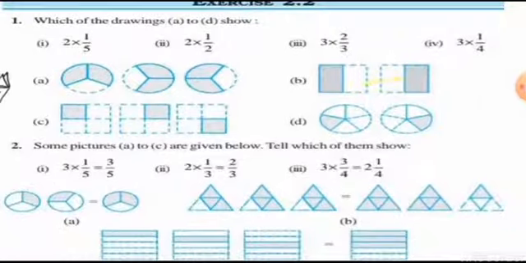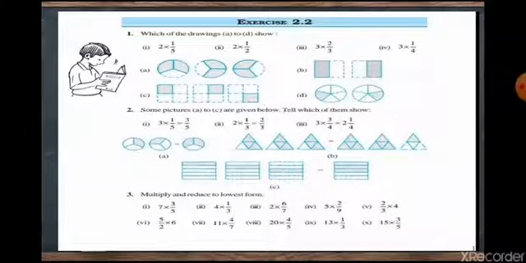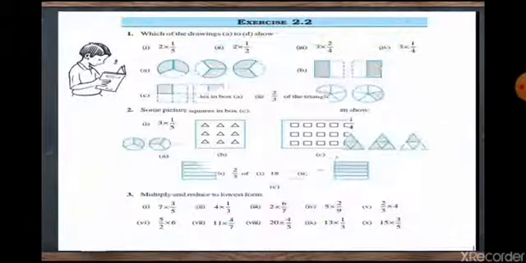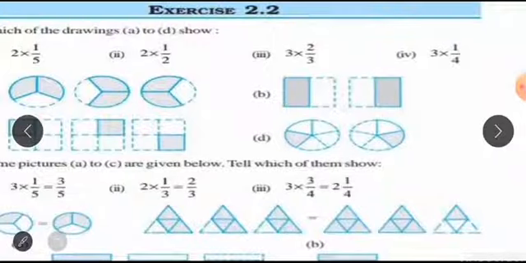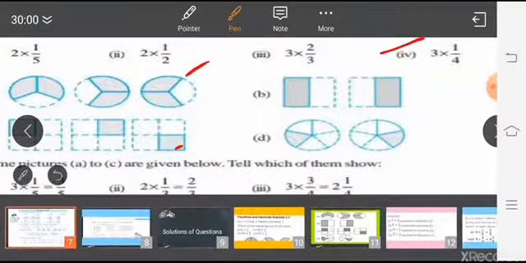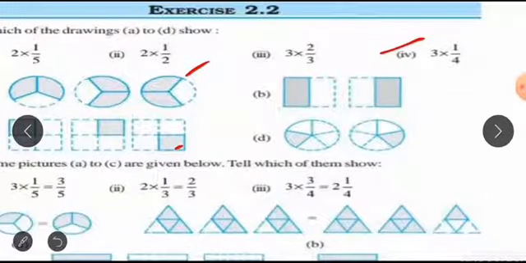look at one more solution. Look at the fourth part. The fourth part is given as 3 into 1/4. It means we have to find in which pictures the total pictures are 3. So you can see that in this and this, there are total 3 pictures. But the second condition we have to check is the fractional value, which means the total parts should be 4. Means we have to find the picture in which the division is into 4 equal parts. So you can see here.